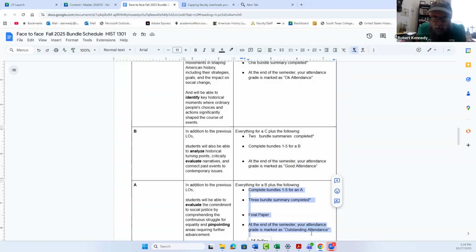I have changed something for your benefit in more ways than one. No longer is the final paper required for the B. It used to be up here, final paper as well. I've taken that down. So not only do you not have to do the final paper if your goal and intention is to earn a B, you could also use those EDCM dollars towards now the bundle summaries instead of the final paper, right? But for the A, yeah, you've got to do 3 bundle summaries plus the final paper